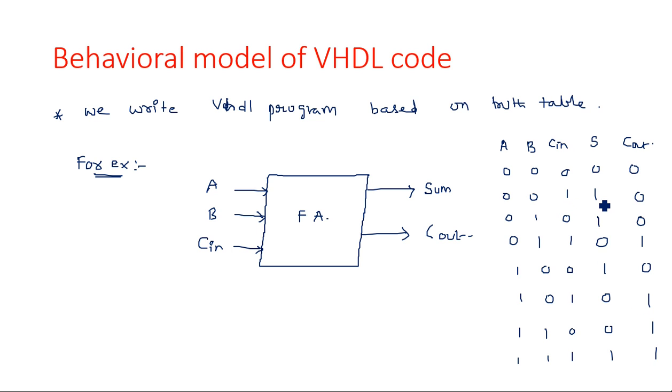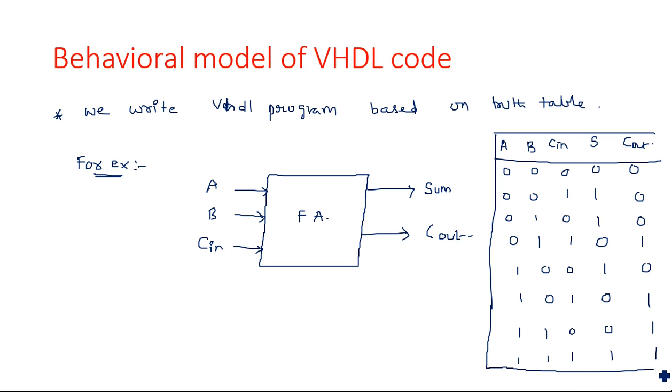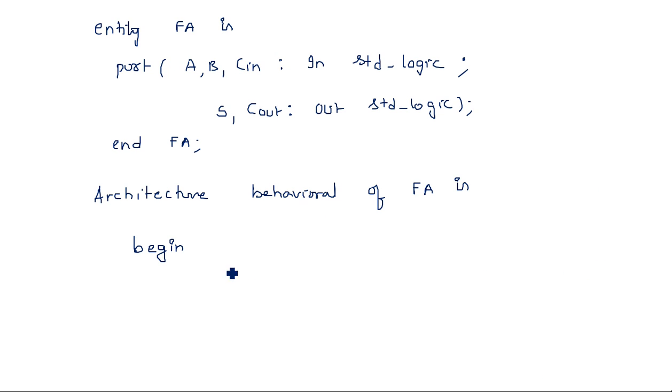Okay, so sum is 1 here: 0001 0 0 double 1 0 1 double 0 1. So this is the truth table of the full adder. The truth table of the full adder says what the sum is and what the carry is. According to this truth table, we have to write